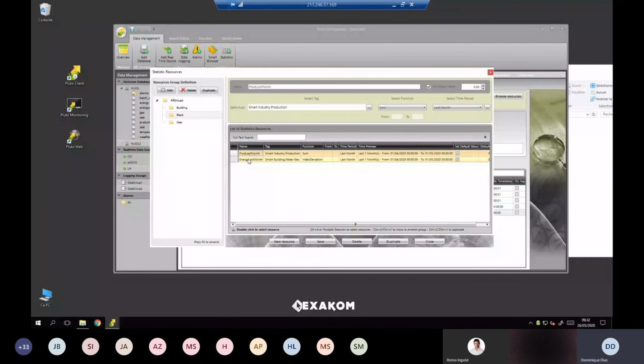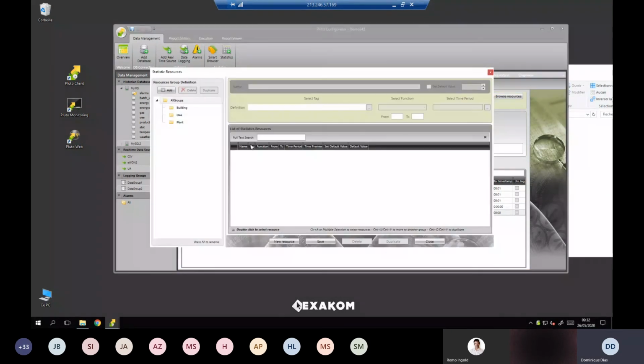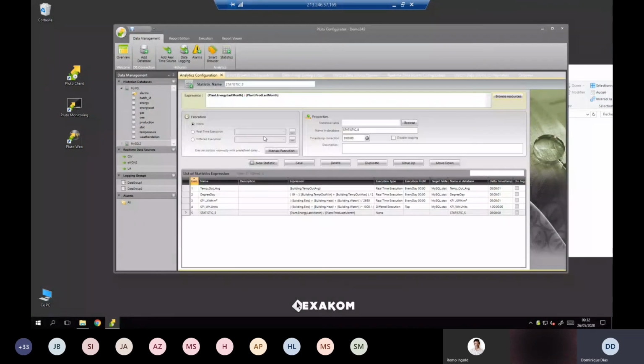So for this, he has to create the queries and then double click to select. If I click 2 times in my expression, I will ask for the energy consumption for last month. I will now ask for the production of last month. And then I can transform that into watts or kilowatts. I have mathematical functions available with all mathematical instructions. I can create the KPI